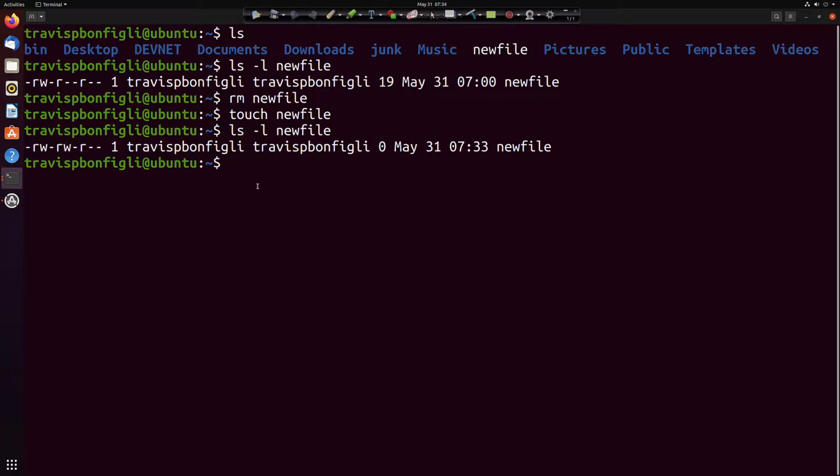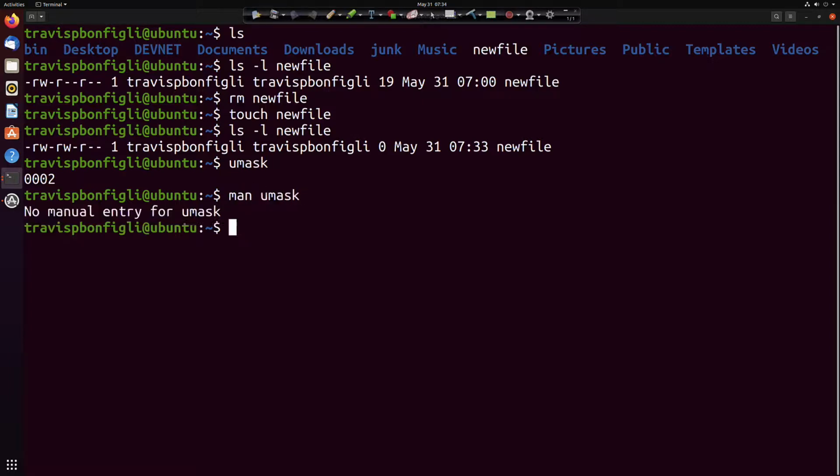And there's a umask value that is set that allows that to happen. Now, I'm going to deal with umask in another video, but this is where the default permissions are coming from, is this umask setting here. So you could say man umask if you wanted to take a look. And there's no manual entry for umask. Okay, unfortunate. So I will definitely do a video on this, but to wrap this up, the default settings are